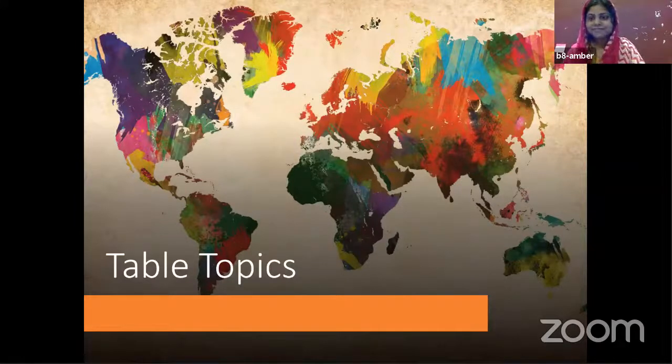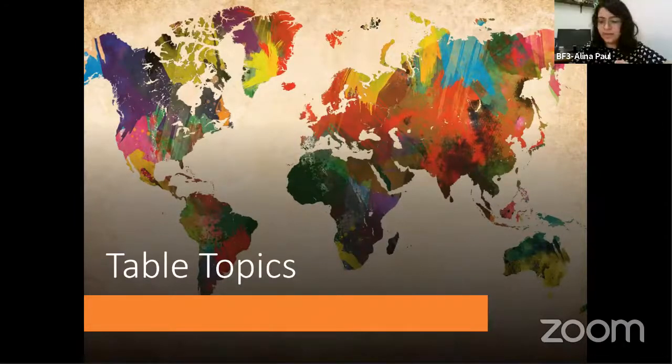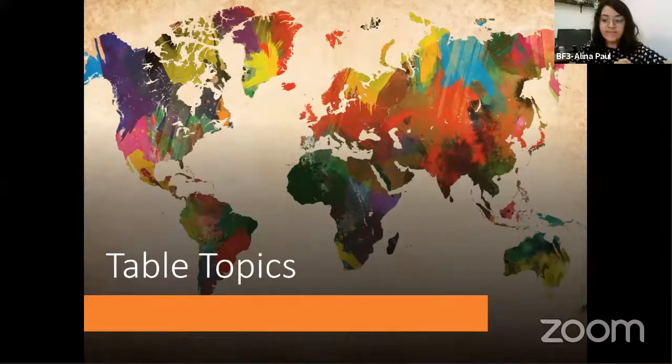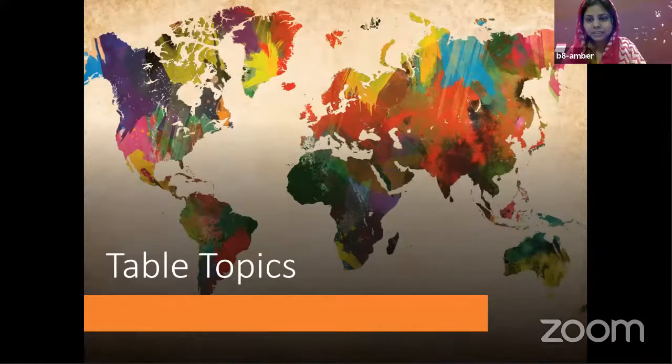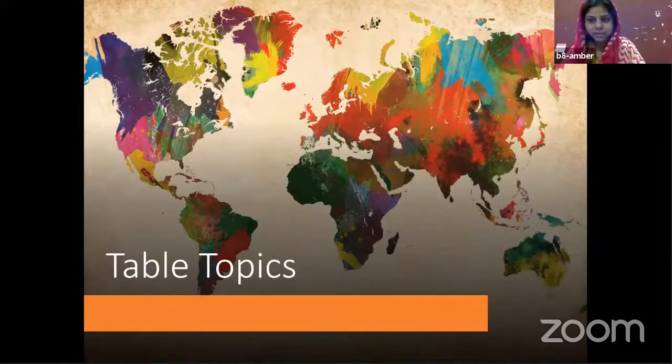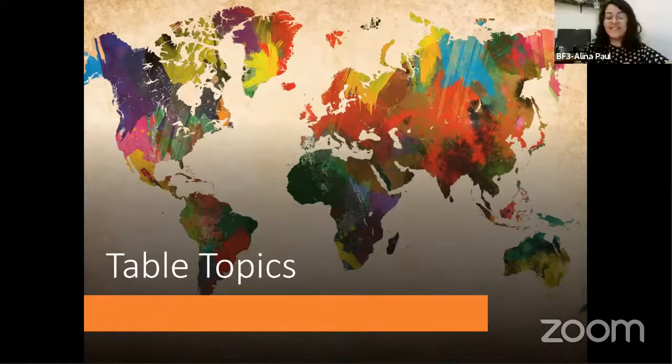Thank you. Yeah. Amber, right? Yes. Yeah, that is for the speeches, right? Can you tell us the timings for the table topics? It's 1 to 2 minutes. 1 to 2 minutes. Okay, and which card will be shown after that? At 1 minute, green card. 1 minute green card, and at 2 minutes, yellow card. All right. So at 1 minute, you will be shown the green card. At 1 minute 30 seconds, you will be shown the yellow card. And at 2 minutes, wind it up, you'll be shown the red card.